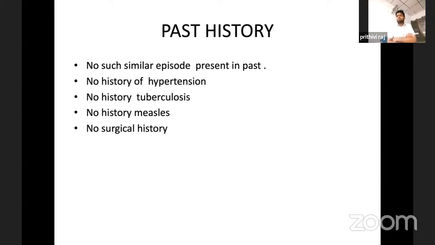In malaria, it's Plasmodium malariae. That is the most common form that causes it. And this history of measles is not that relevant for this case, but you should know